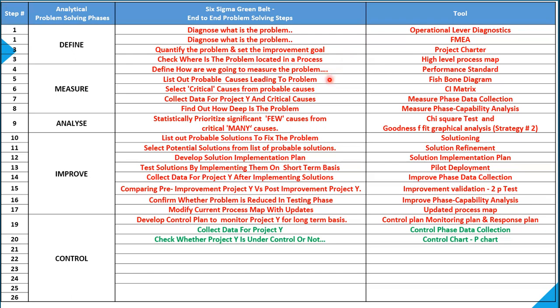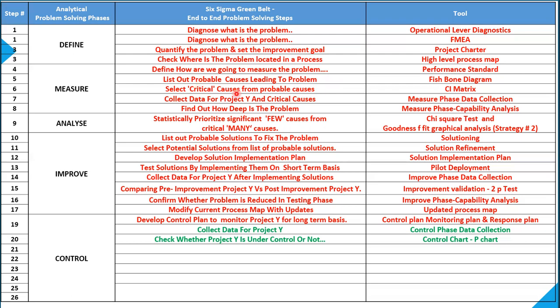If we really want to reduce the problem, we have to find out the causes behind the problem. So in the very next step of the measure phase, we're going to take care of the second part of the equation, that is f(x), or in other words, causes. So all we're going to do is list down the probable causes